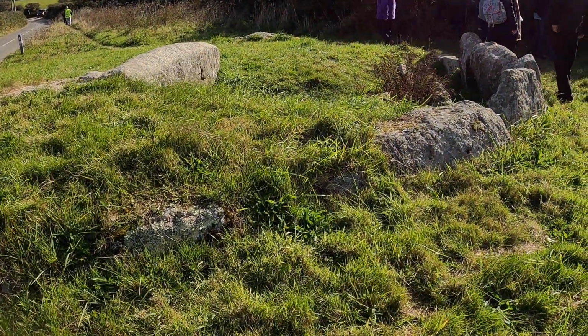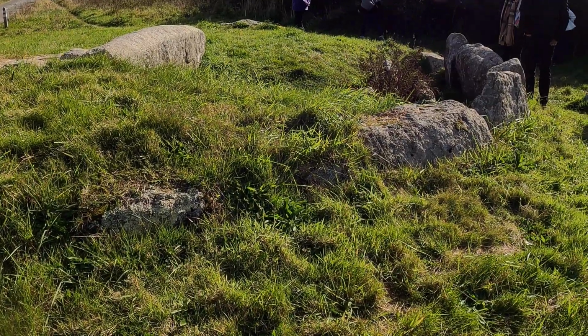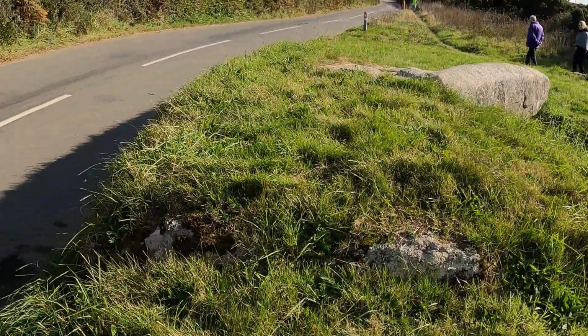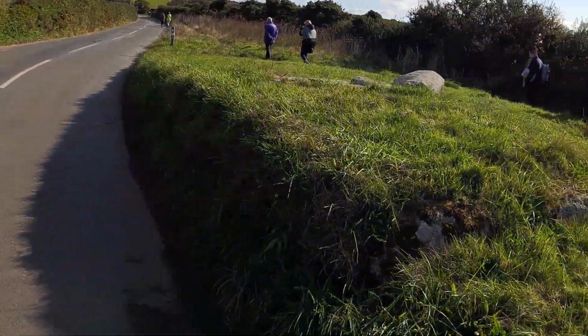We're at a wonderful monument here. This is Tregiffian at St. Buryan's, and for once I'm just going to have to read out the description. So this monument's been cut a little bit by the road, and you come up to it, and what you